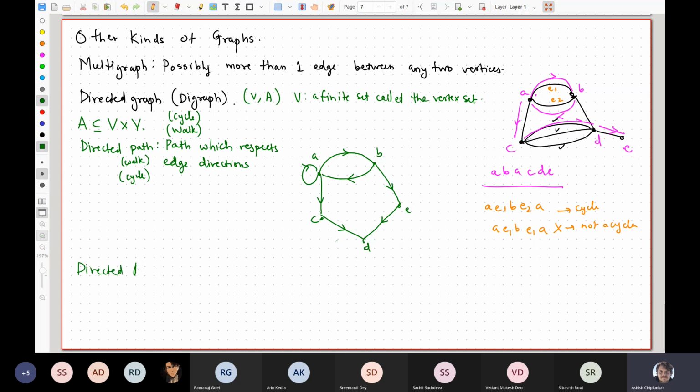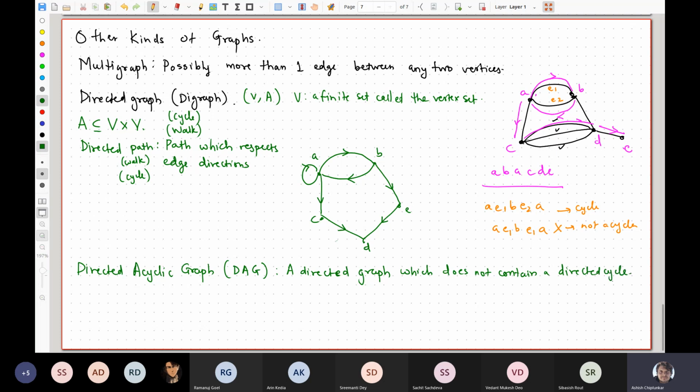Directed acyclic graph, also called a DAG, right? So it's a directed graph which does not contain a directed cycle,